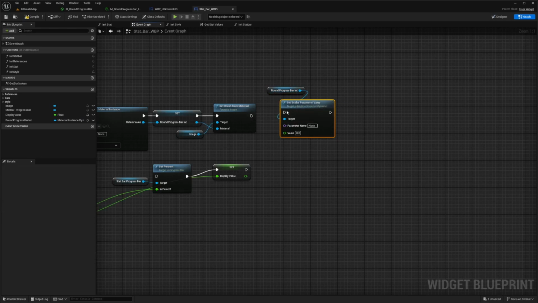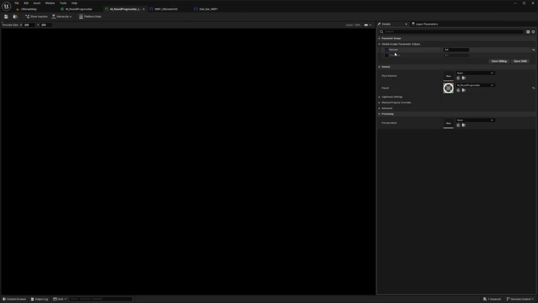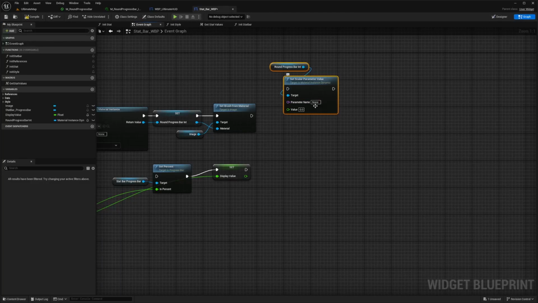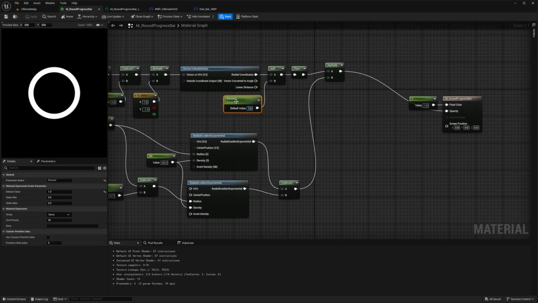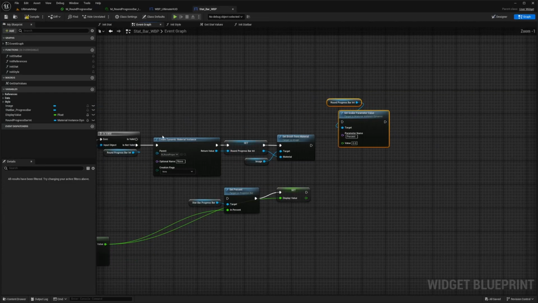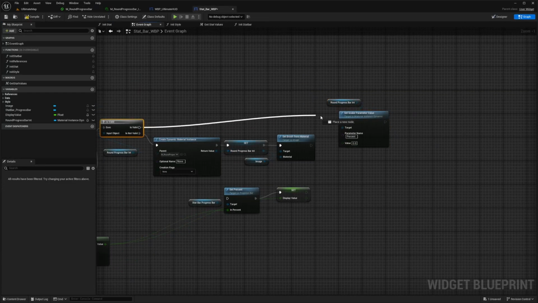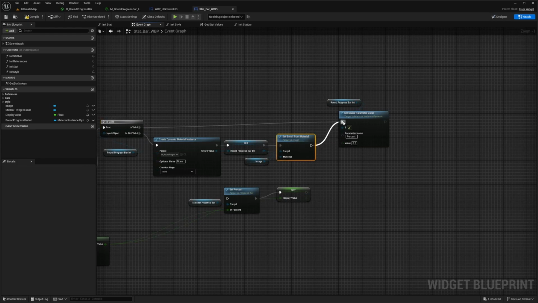And we need to make sure that the parameter value matches the one in our material instance that we created. So make sure that the percent here is spelled exactly how you put the parameter name here, because as you can see in our material back here, we created this parameter called percent, and that is why we exposed it to a user interface as the material domain. So for the it's valid, I'm just going to make sure if it's valid, it connects to this pin as well as the set brush from material